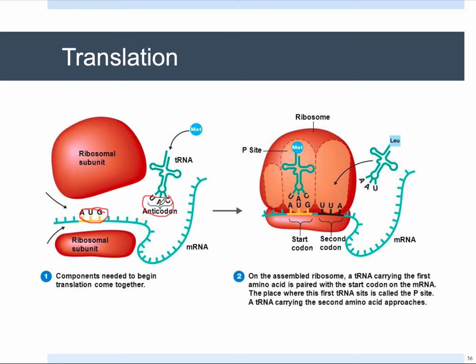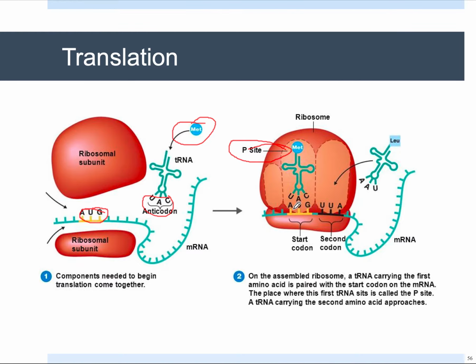So you have G, that's C, you have A, that is U, you have U, that's A, complementary, and it will bring a particular amino acid. In this case, that's the start codon, so it's going to bring methionine, and attach to the ribosome. The site that it attaches to is known as the P site. So it touches there, it has its amino acid attached, and it's complementary to the start codon